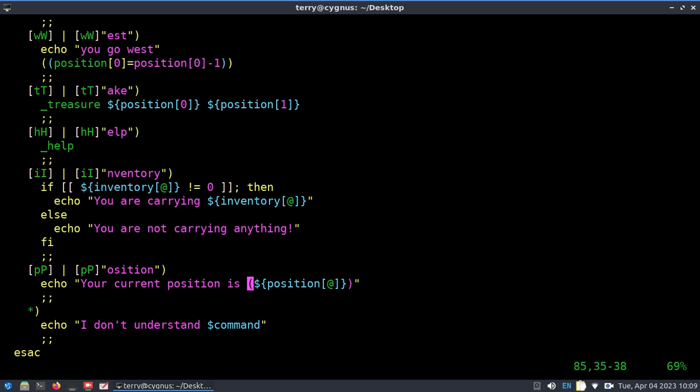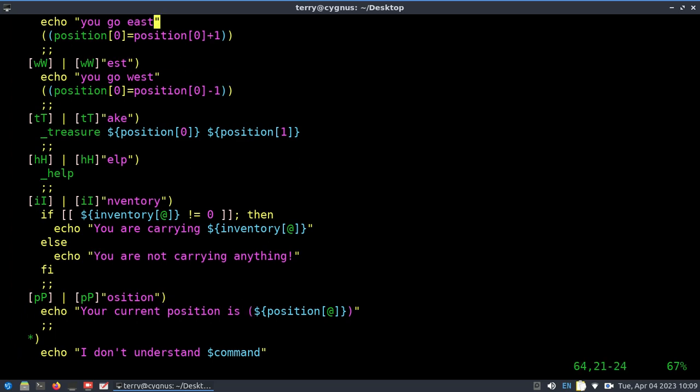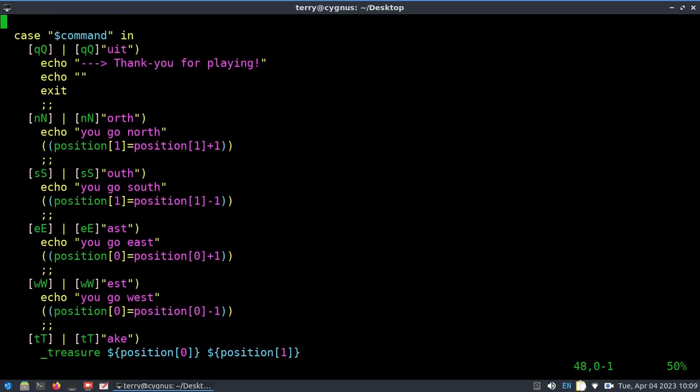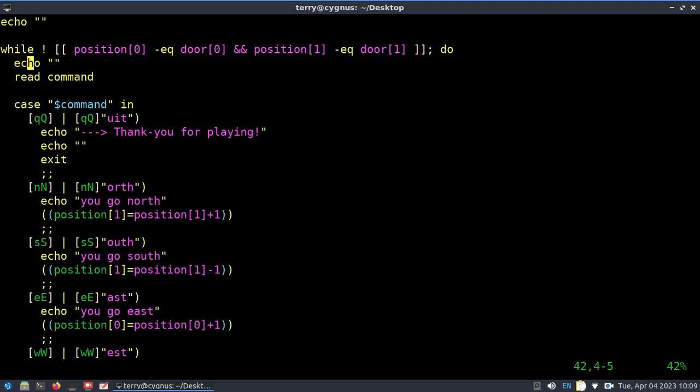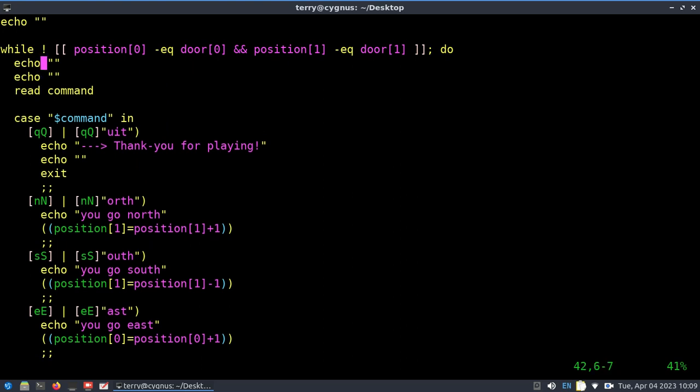There's your position. Okay, now since I have the command where you're allowed to print out your position, I'm going to go up to my message. This is the message that gets printed out every time. And I'm going to change this because now I don't have to give them all this information. They can get it by typing in the commands. So all I'm going to do here is just get rid of all of it